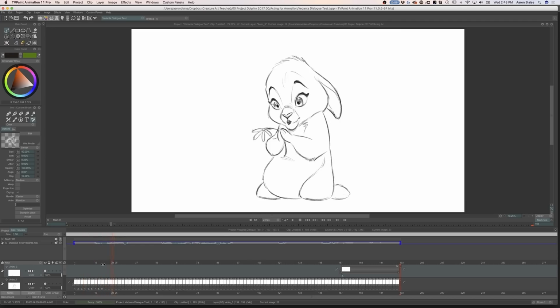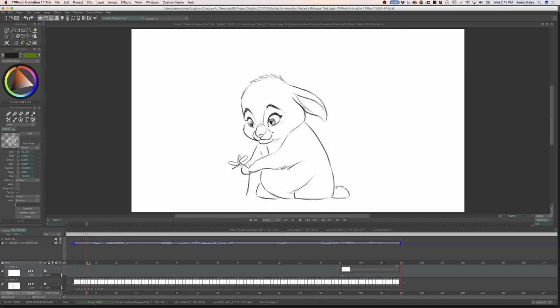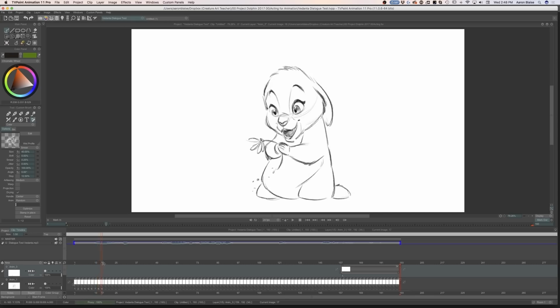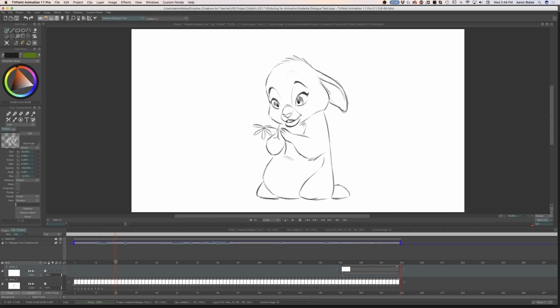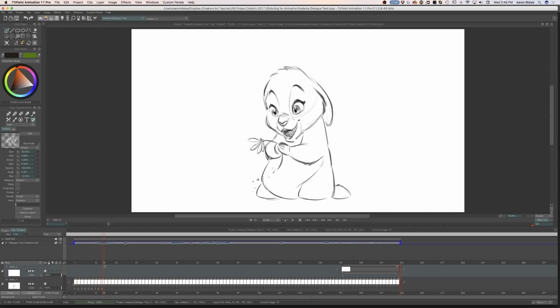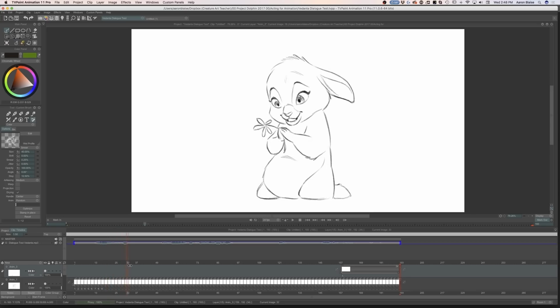Those little touches. Here she pulls it close first, and then she sits up. And it really stretches, a little bit of dirt falls out, and then it settles into place.